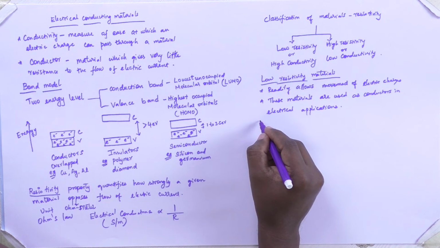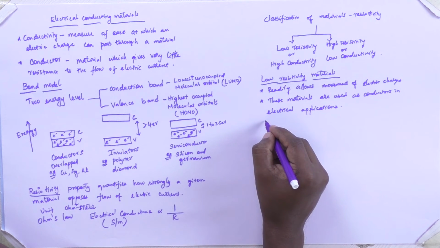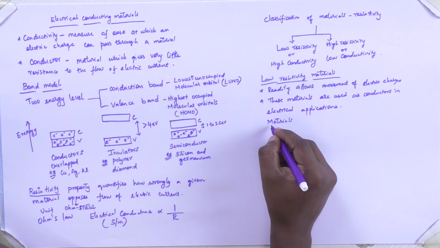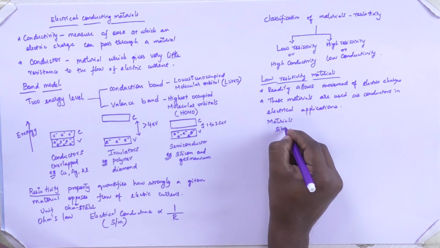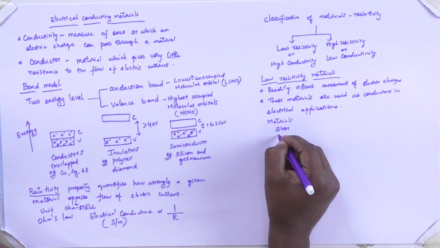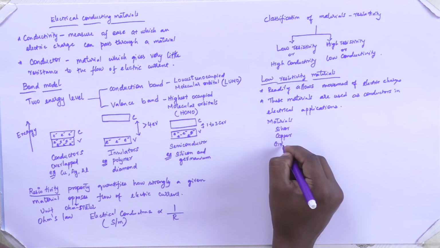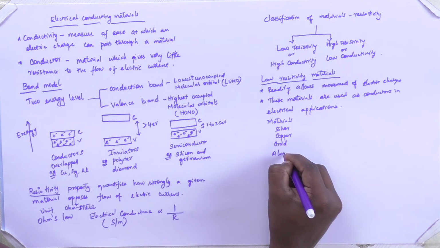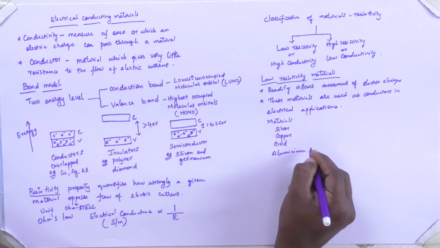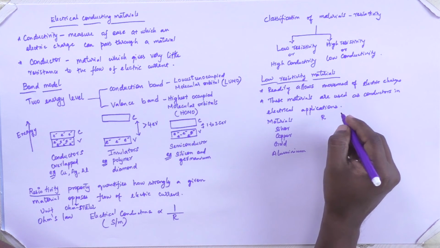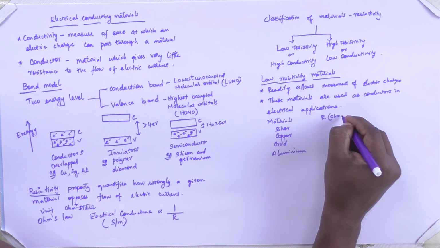Let's see a few materials of this kind. So the materials are silver, copper, gold and aluminium. So when we look at the resistance of these materials in the unit of ohm meter,